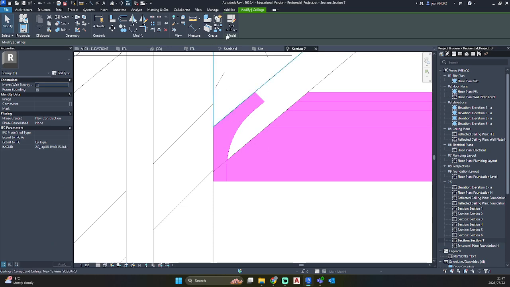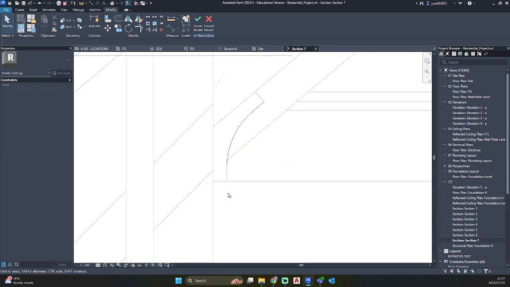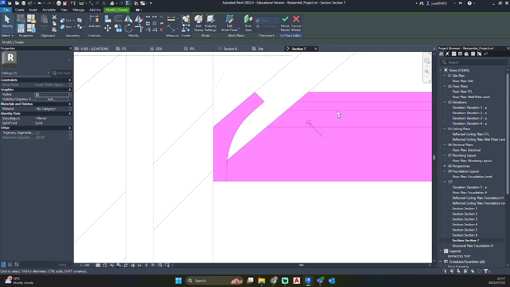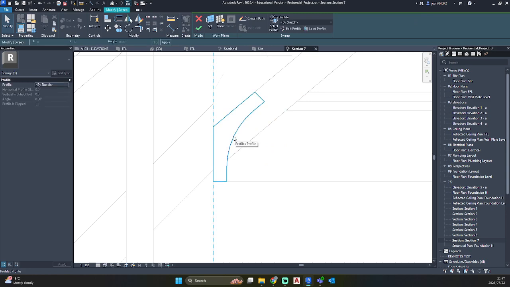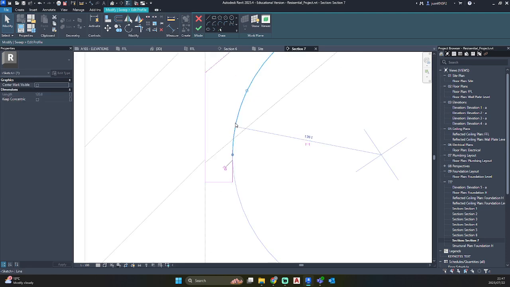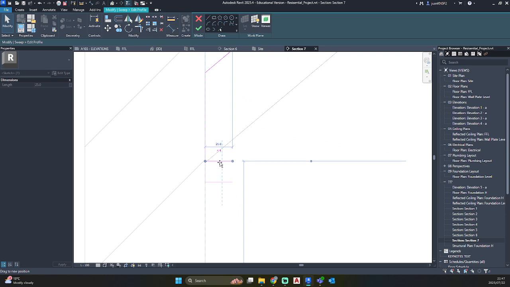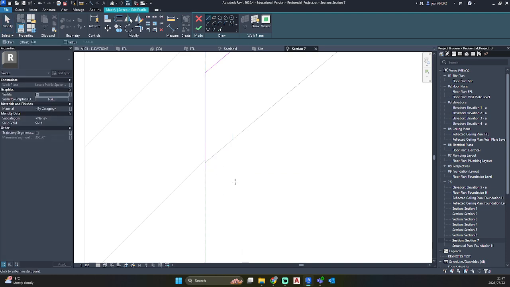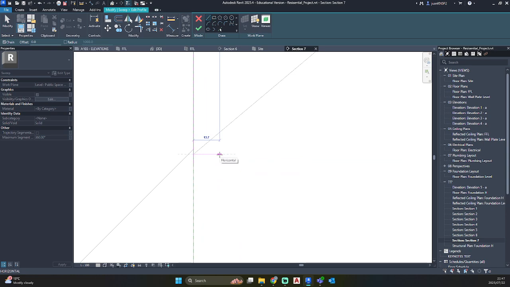So I'm going to go back to my section, edit in place, select my corners, edit sweep, select your profile, edit profile. So now I'm going to delete the arc that we've created, and I'm going to move this up. So let's draw it in rather.